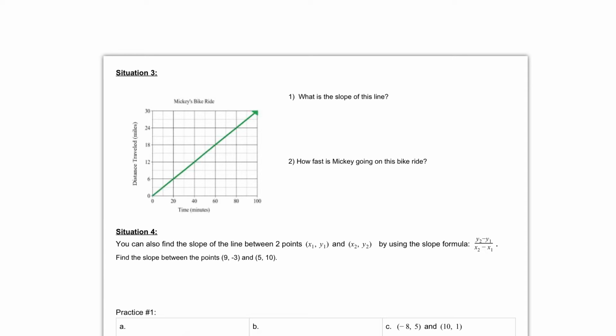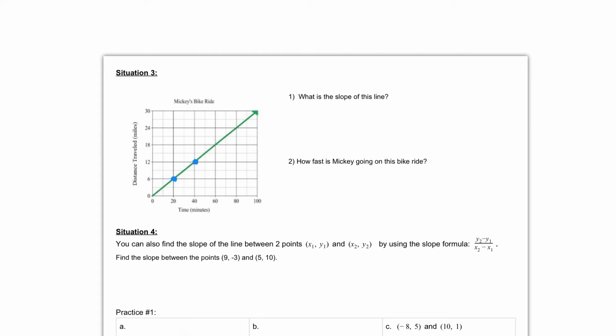So I'm going to choose this point 26, and I'm going to choose the point 40 and 12. And so again, I chose this point here, 26, and I chose the point 40, 12. You could choose any 2 points that you want. And in order to find the slope, we need to know the change in the y values, the rise versus